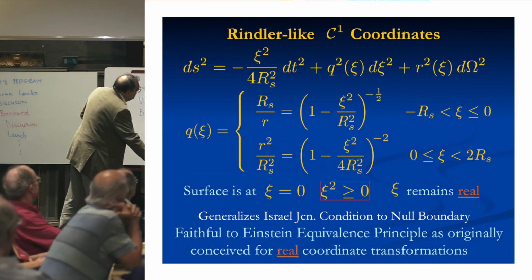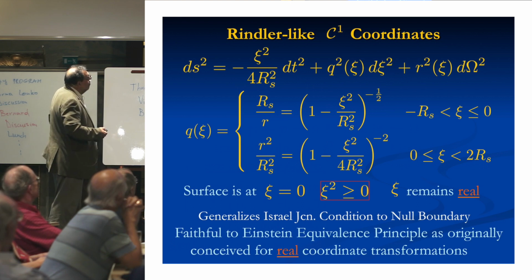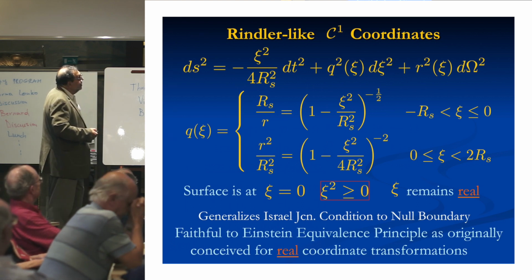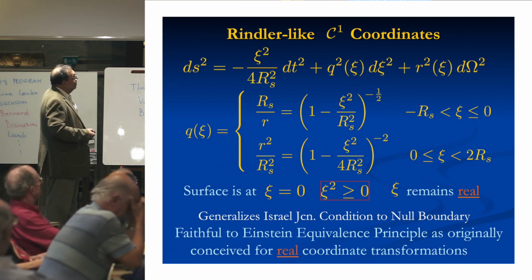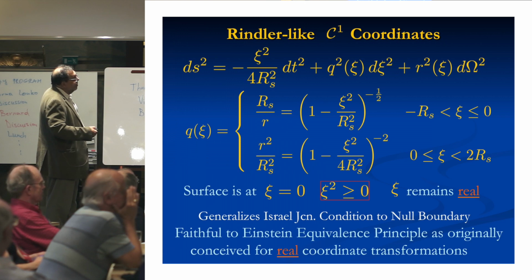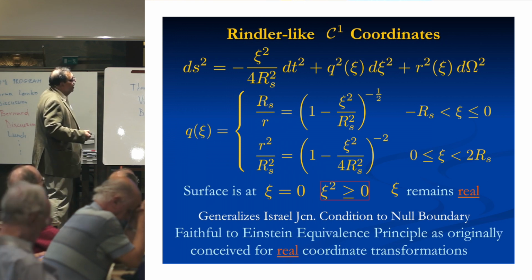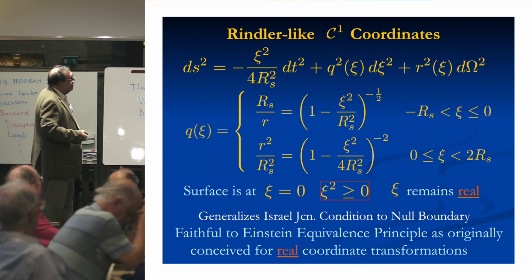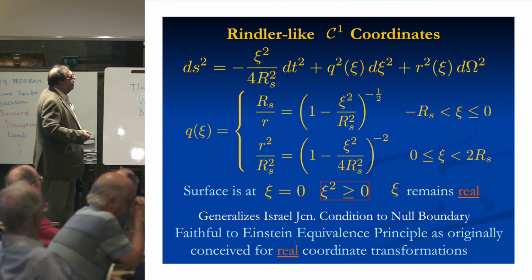I also mentioned that one can change the coordinates and write the solution globally this way, introducing a new radial coordinate called C, which is just defined in terms of the radius this way, such that the surface is at c equals 0. But you notice this is a Rindler-like form. If I expand near x equals 0, where this is 1, q is near 1, so it looks like Rindler space. However, it's crucially different from Rindler and flat space, because c squared does not change sign as I go